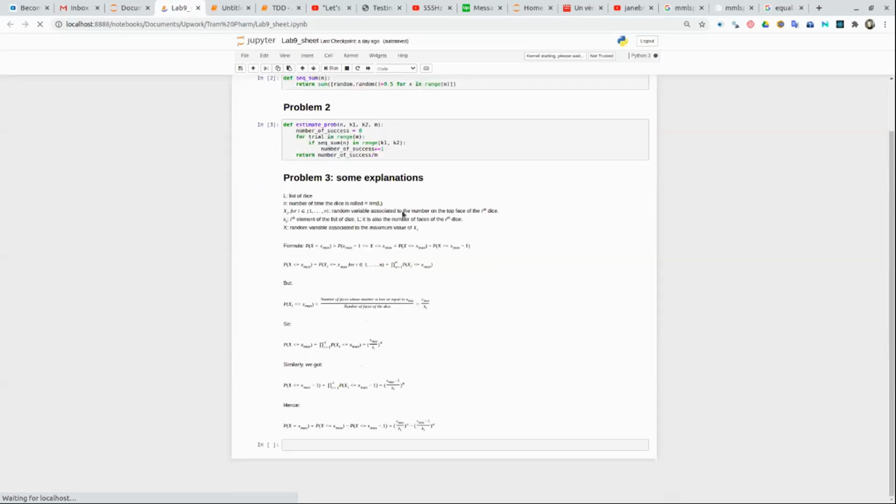In their example, they give us the case where the number of times the dice is rolled equals the number of dice. So they gave us 3 dice and you roll it 3 times. But not